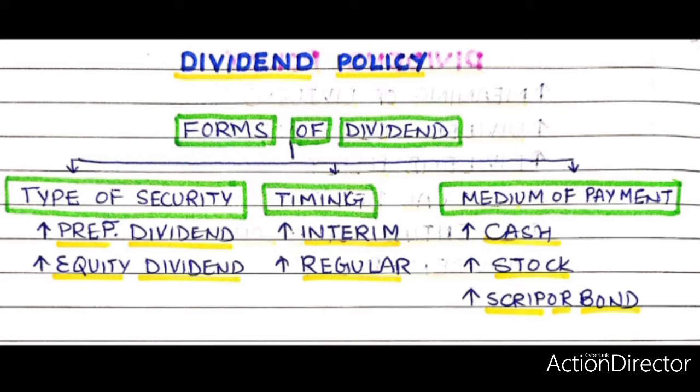Now let's understand the effect of issue of bonus shares. The issue of bonus shares results in an increase in the number of shares and hence increases the paid up capital of the company without involving any monetary transaction. Such shares are issued to all the existing shareholders in proportion to their holdings of share capital of the company. Thus, bonus shares do not alter the proportional ownership of the company as far as the existing shareholders are concerned. In other words, the owner's equity or net worth remains unaltered.